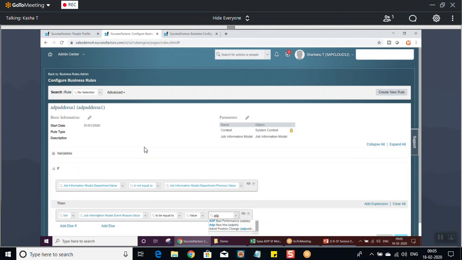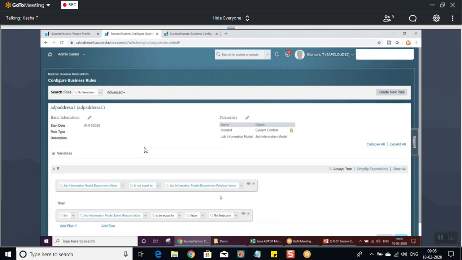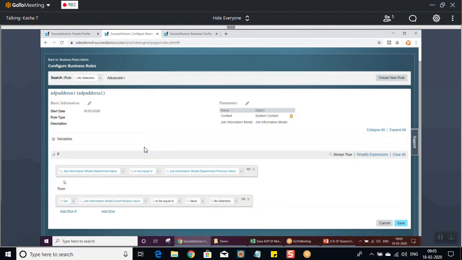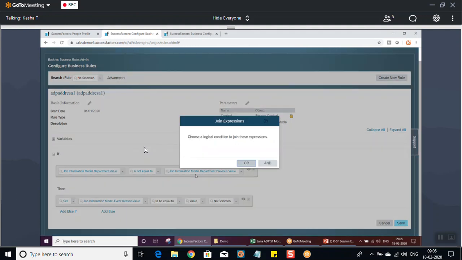So create that event reason for the department and assign that here. Like this, in that case, what will happen? The system will automatically assign the event and event reason. Like this, you can do it for the division also. So here, what you can do is set this as an expression. It's asking whether you want to do that as an and